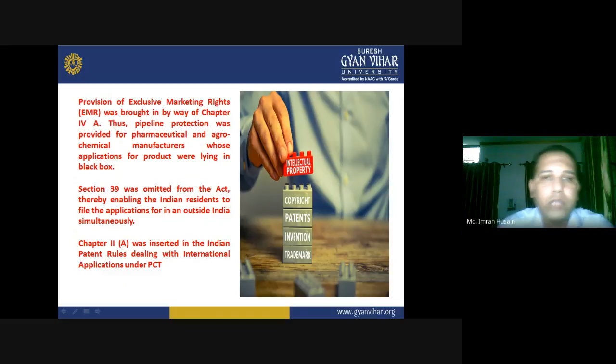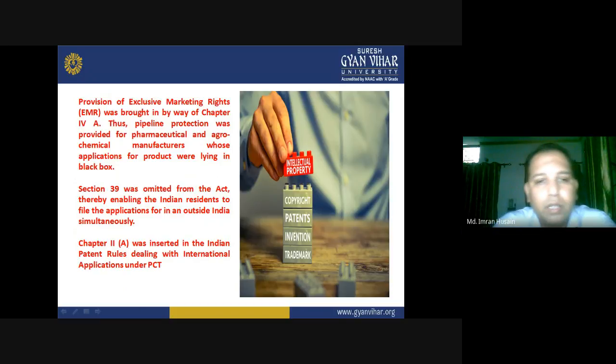So most of the time, taking patents for drugs or taking permission for their manufacturing requires a lot of time and effort. So it is extremely important that you understand the pros and cons of taking any patent when it comes under the umbrella of pharmaceutical and agrochemical classification.